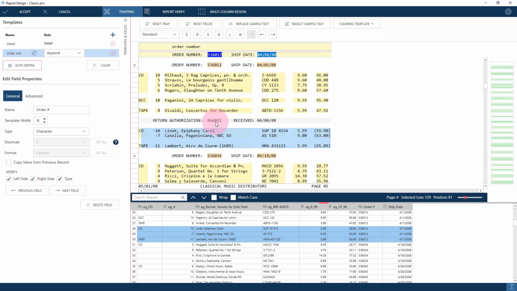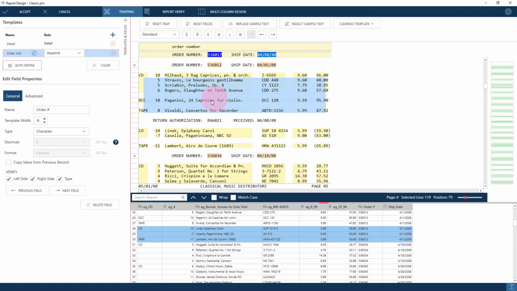They're behaving exactly the way they're expected to behave. They just keep attaching to all the detail lines below. So in this case, here's a detail line, and all these detail lines below this 536012, so this order number gets attached to them. And again, it's going to keep attaching until it either runs out of data to attach to, or it comes across another order info template, or the third option, which I'll explain in a second,